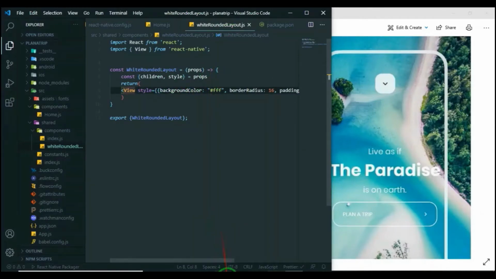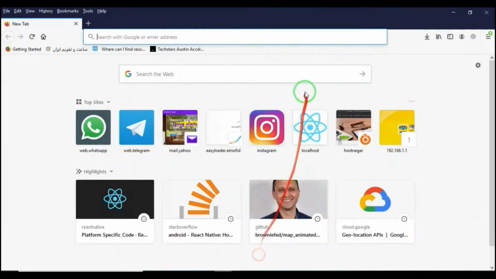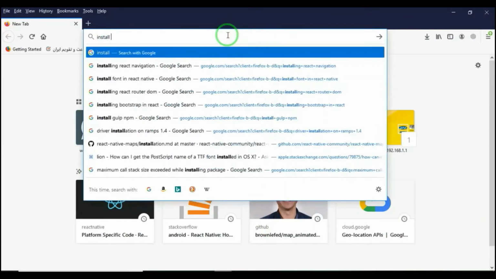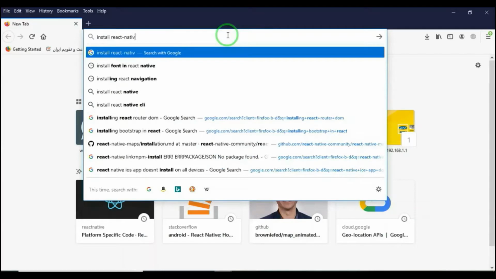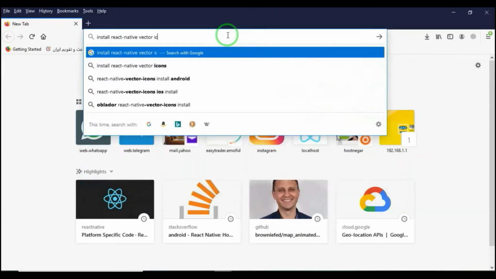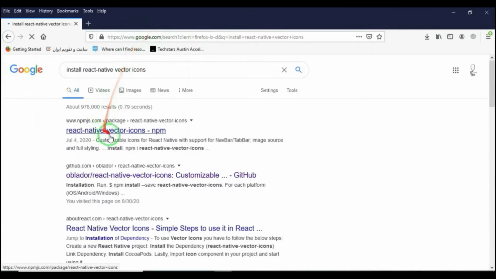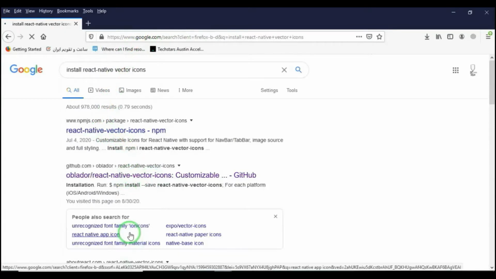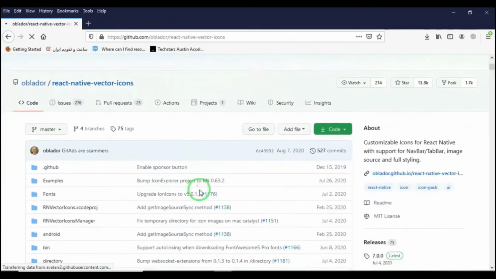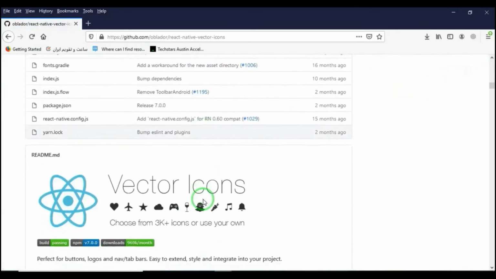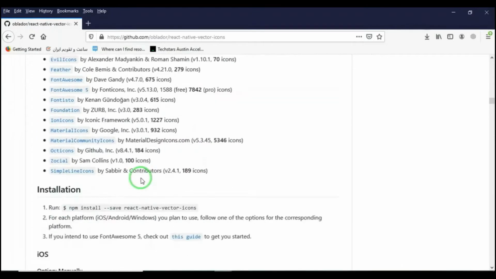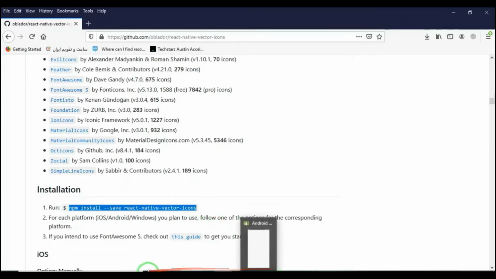So we install React Native Vector Icons. How to do that? I want to install some package named React Native Vector Icons. I just search Google. I find its GitHub page. How to install the icons package: npm install --save React Native Vector Icons. You can just copy it, and